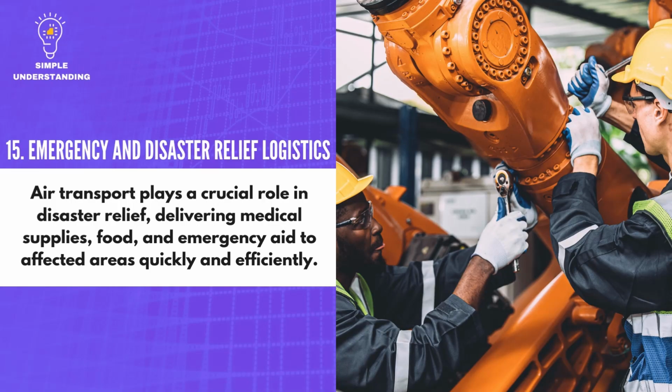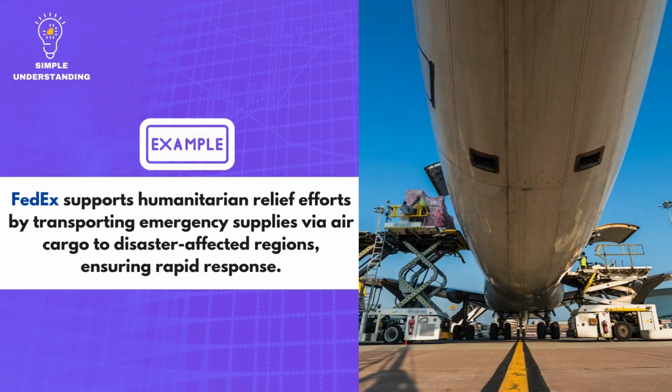15. Emergency and disaster relief logistics. Explanation: air transport plays a crucial role in disaster relief, delivering medical supplies, food, and emergency aid to affected areas quickly and efficiently. Real company example: